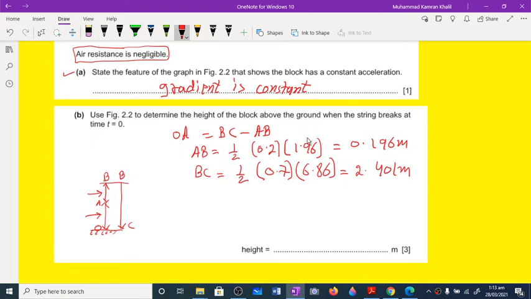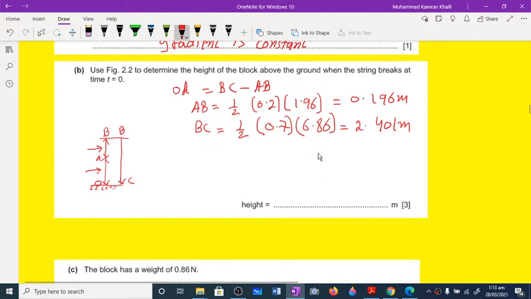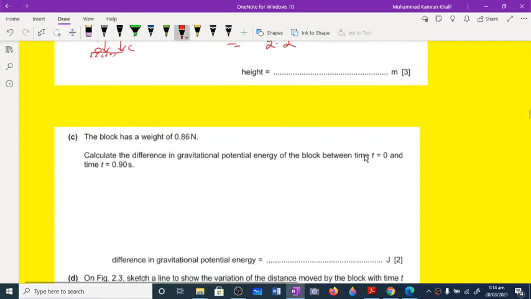So I have used these values and calculated the two different distances. One of them was moving in the upward direction, the other one is moving in the downward direction. Now the work is very easy. So what we will do, 2.401 minus 0.196, and then finally we will get the answer in two significant figures, 2.2 meter. So this is the answer of this question. I hope that you have a good understanding of what has actually happened in this diagram. So divide and rule, always go for this.